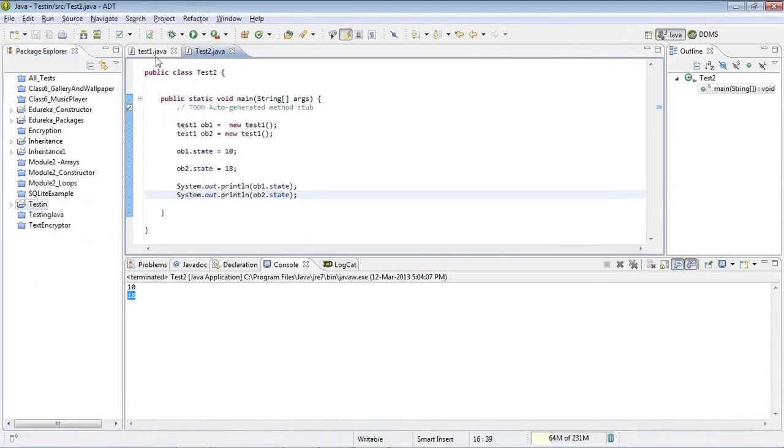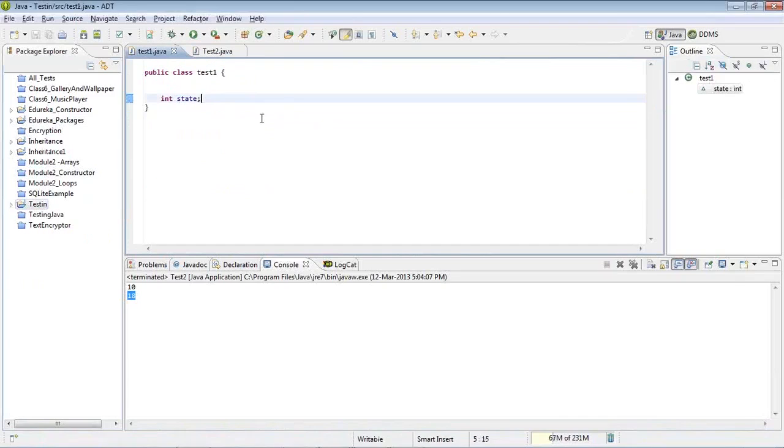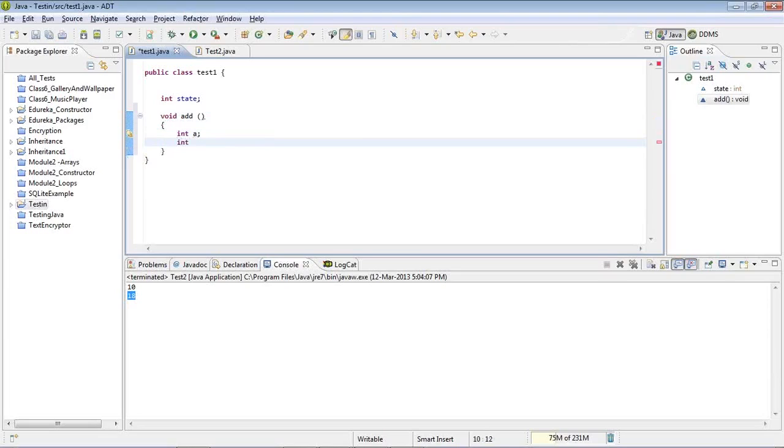So in this class itself, that is test 1 and test 2, in test 1, I'll create a method. A simple method, first of all void, that is it is not returning anything, add, and it is not taking anything. In this, integer a and integer b,